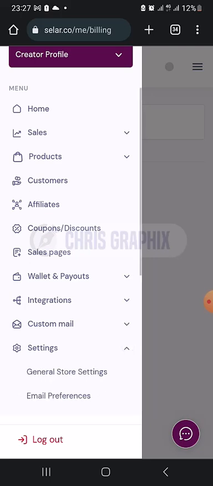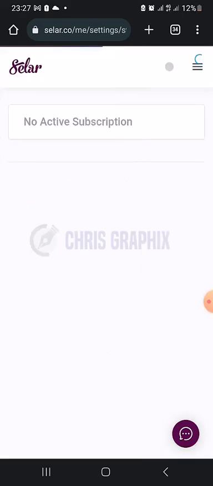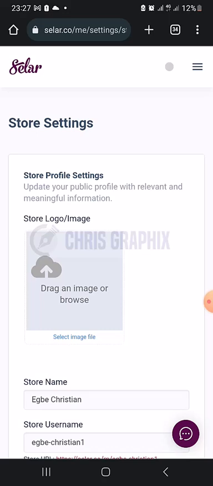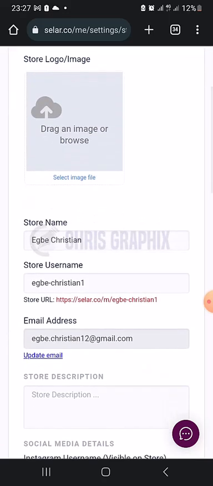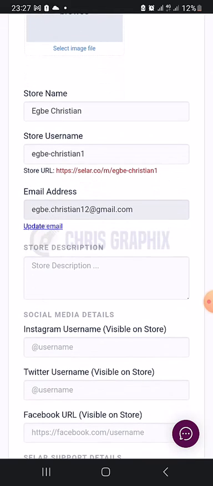So I think that's that. Settings. You can choose currency, store design. Well, some of them may just apply to people in Pro. Let's try out some of them. Store settings. Now I'll upload my image. Okay, that's for store settings. Store username. You can change the username, because that name is long. You can update the email. Instagram. You can put your social media handle. Update